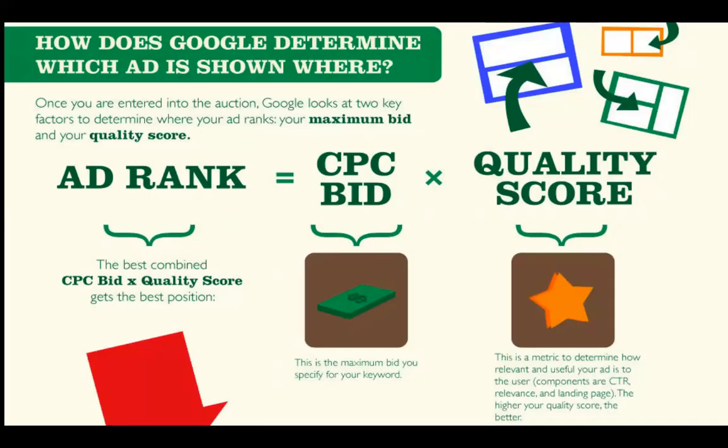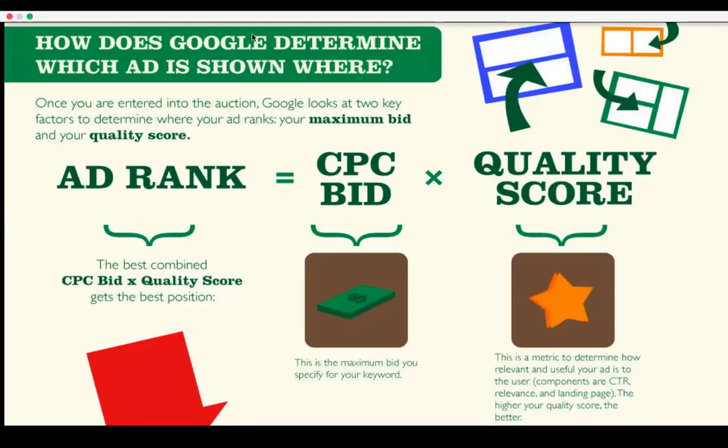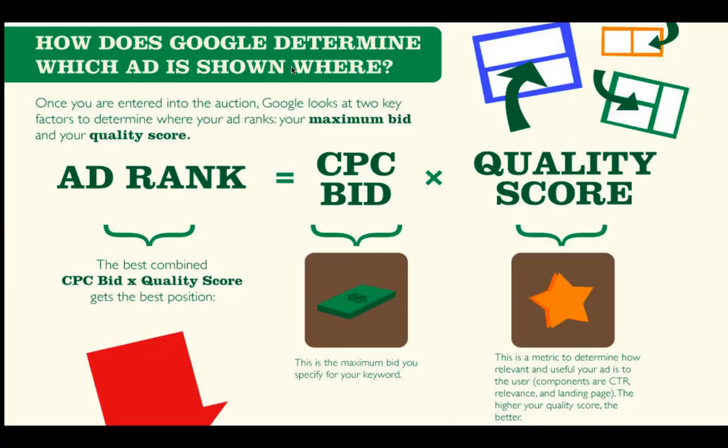Ad rank is a score: cost per click times quality score. For example,